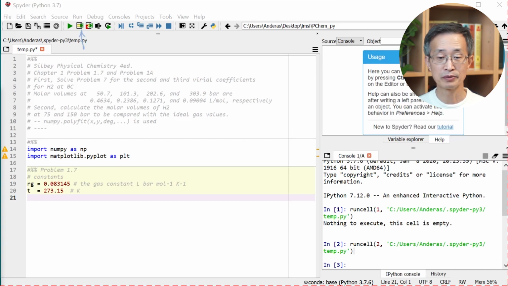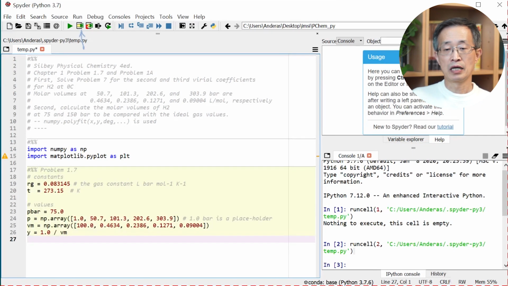I'm sorry, in the problem, and those are as such. I will firstly initialize p bar, which will be done in problem 1a. We'll do two pressure points there: one is 75, the other one is 150. I'm putting this before I run the chunk of code which calculates V bar, so that later on I can change the P bar and then run that particular chunk to obtain another molar volume for another